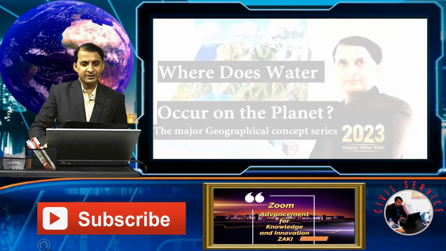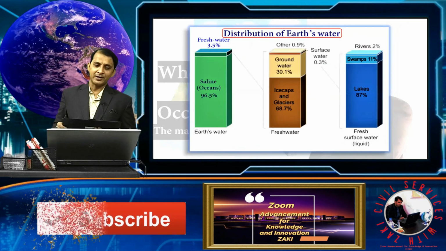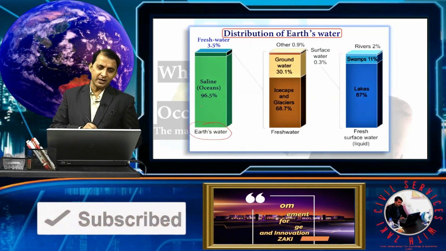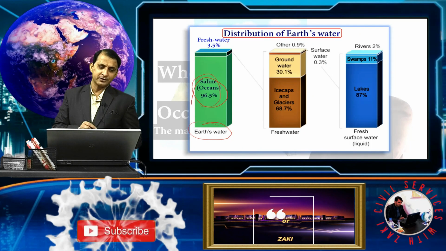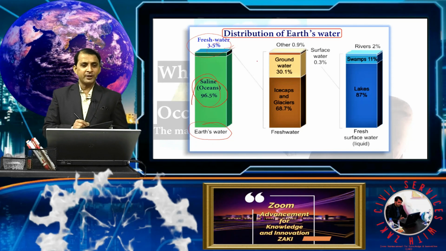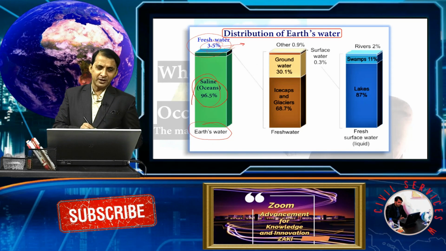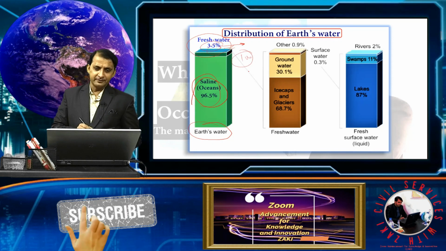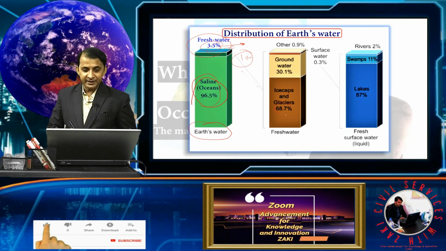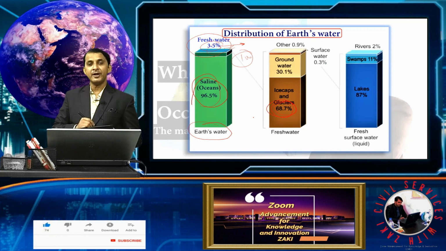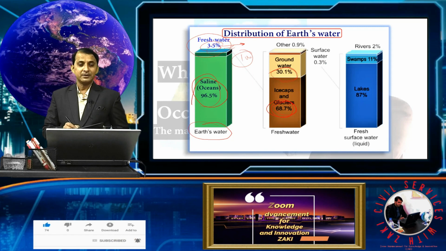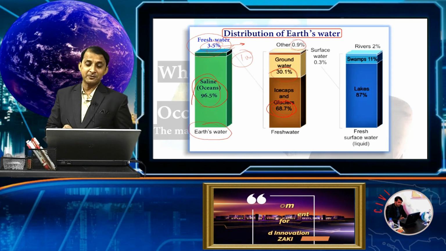Now we move forward and see the distribution of earth's water. If we assume 100% earth water, 96.5% is present in the ocean and 3.5% is fresh water. If we take this 3.5% as 100%, then the ice caps hold 68.7%, 30.1% is present in groundwater, and 0.9% is present in